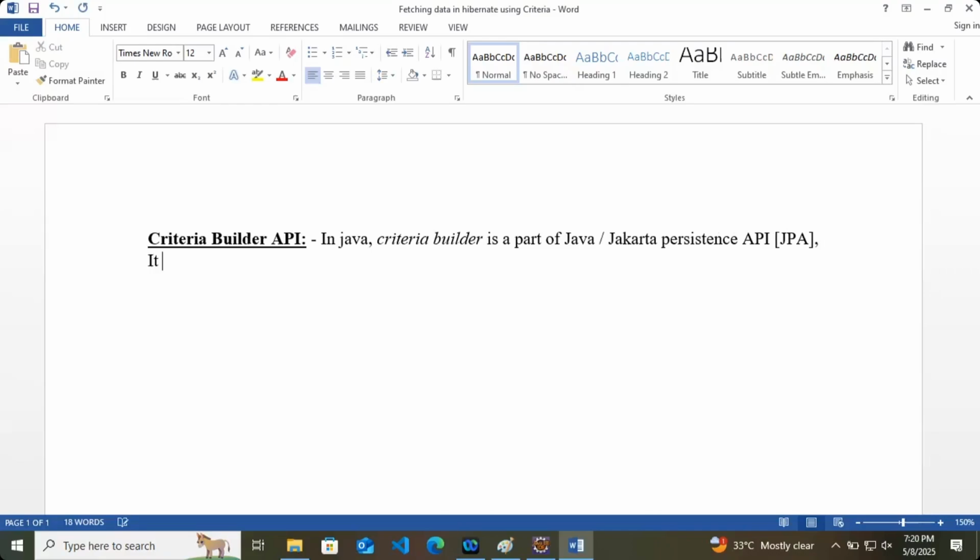It is specifically used in criteria API. Why do we use criteria builder?